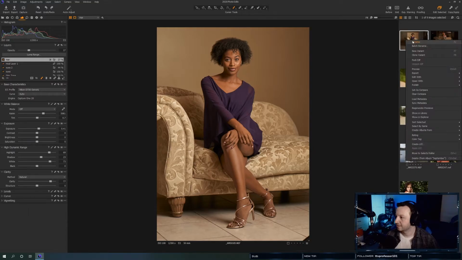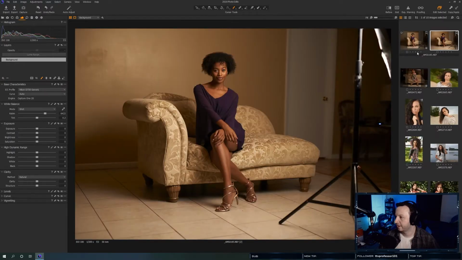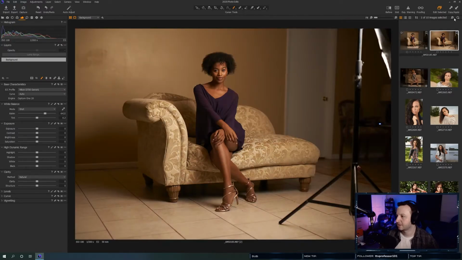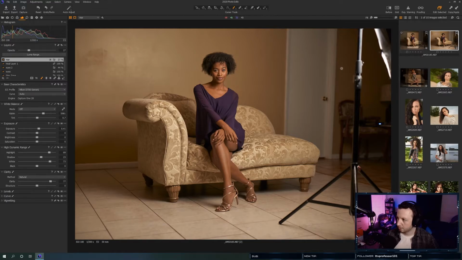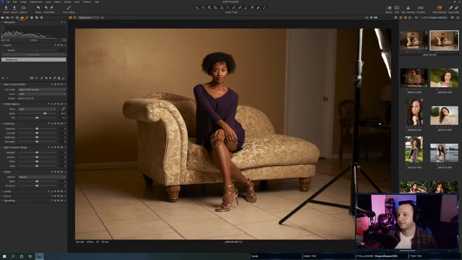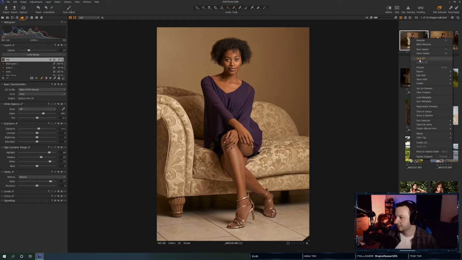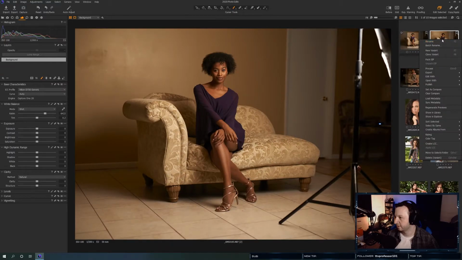All right, let's do this. Let's just take this and do a new variant. That way we can see the before and after. So obviously it's not going to have the crop. Let me see if I can. Let's copy and apply. Oh, sure, it's not going to apply the crop. That's just stupid. Let's see. If I want to copy the crop, how do I do that? Is it over here?